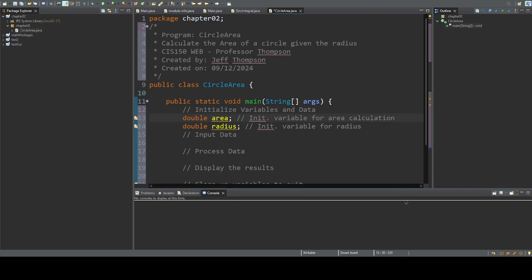Now, one of the things we can do often, and especially in an environment like Eclipse, is as we're writing programs, we can check for errors. Right now, Eclipse over here is giving me 2 warnings. If I highlight the warning, it says the value of the local area is not used. So this will still run. I'm setting aside memory for area and radius, but because I'm not using it, Eclipse is just warning me I might be wasting memory. But you can run often, so I'll come up here and run,